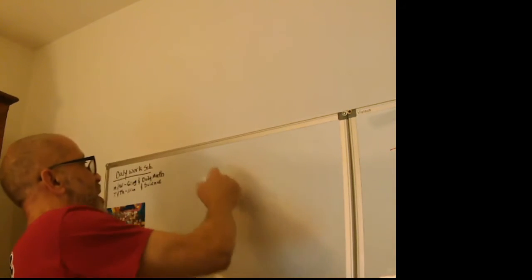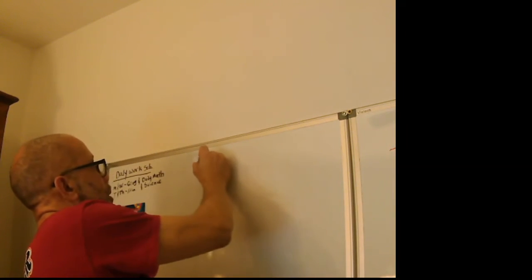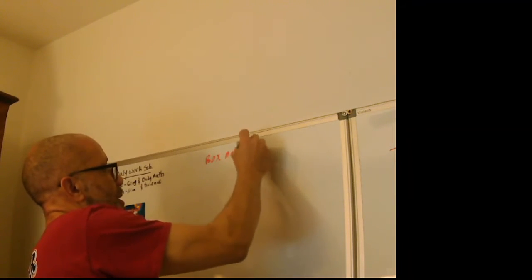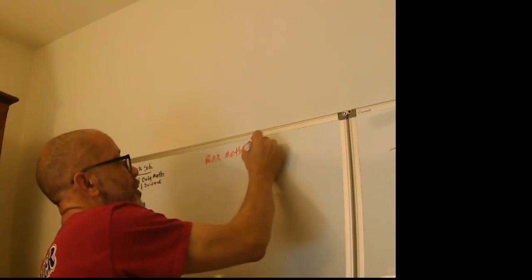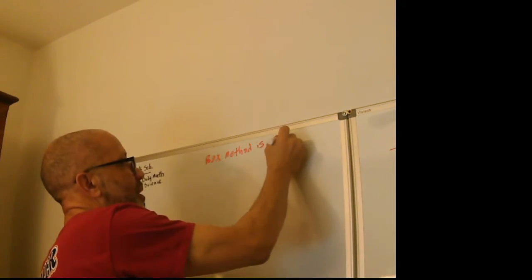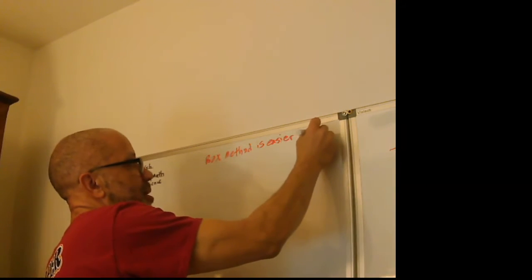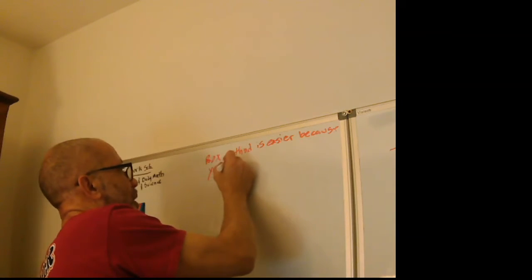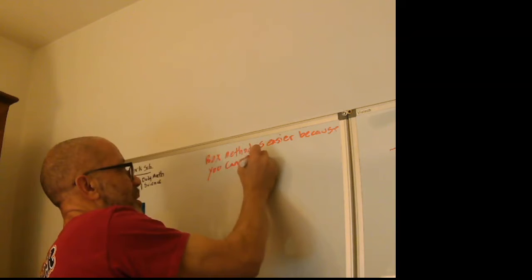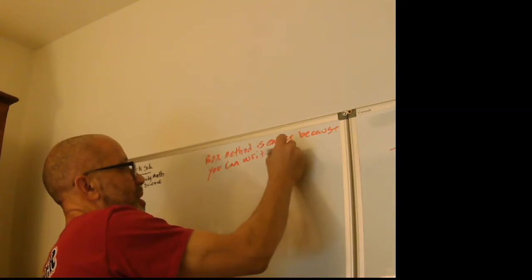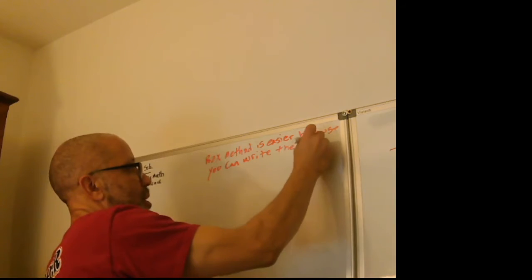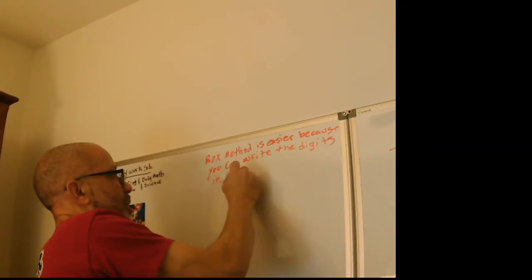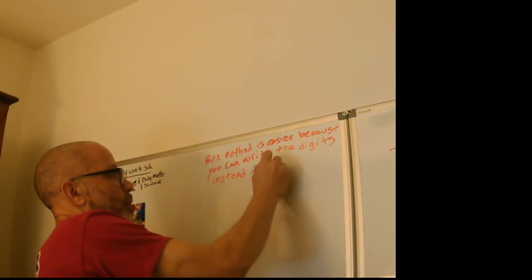So I'd say, let's see, we'll go: box method is easier because you can write the digits instead of drawing